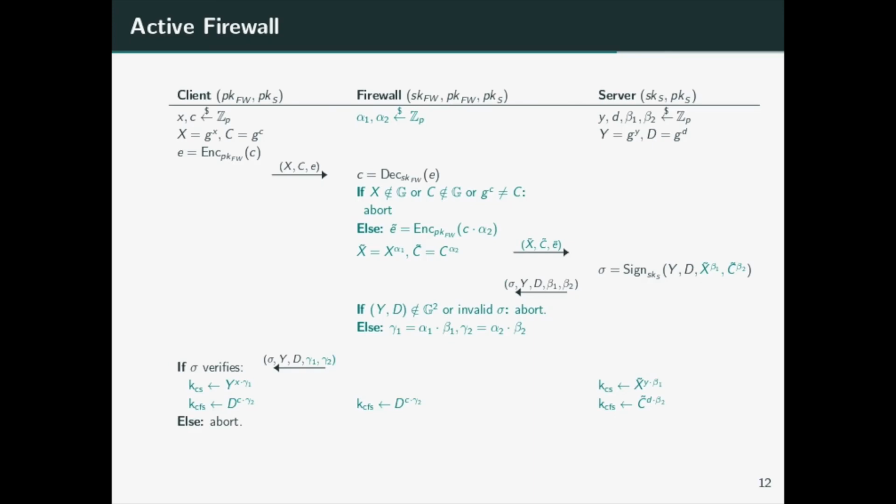In the end, everyone is able to compute KCS and KCFS. The simple difference between what was done before and what is done there is that both keys were actually re-randomized by the firewall. So now that we have seen what happens for the key exchange, let's have a look at